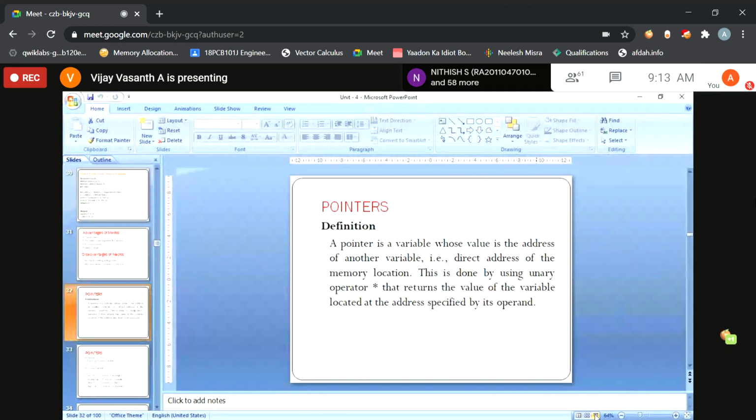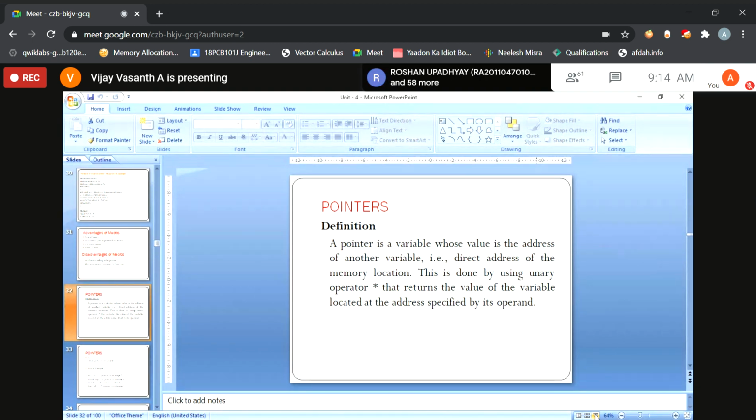Okay. So a pointer represents the address of the memory. That particular address points to the variable. The variable holds the value. So we require that particular value. We cannot directly retrieve the value, so we use a pointer to find out the address and fetch the value from the variable.